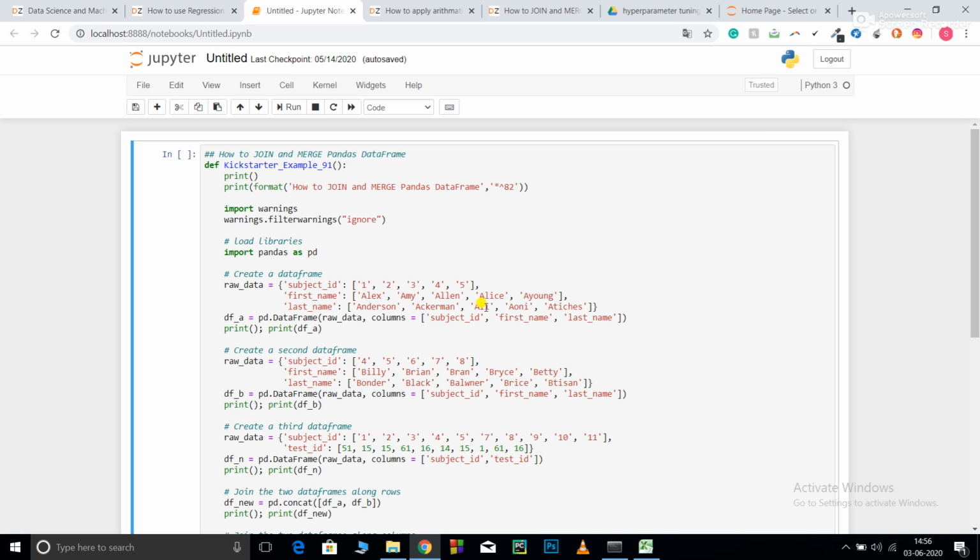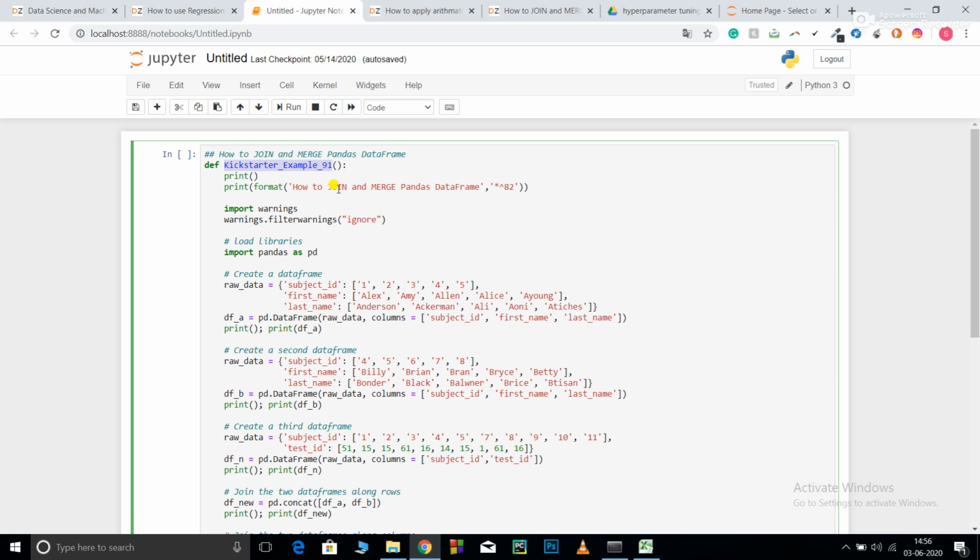Now if you want to do simultaneous analysis on both of these data sets, you need to merge them. You can join them on various bases. That is where joining and merging comes into play. If you still don't have much idea about it, I'll explain the code. You can also check MySQL videos for this, because these things are generally dealt with in more detail there. Okay, so now let's get started.